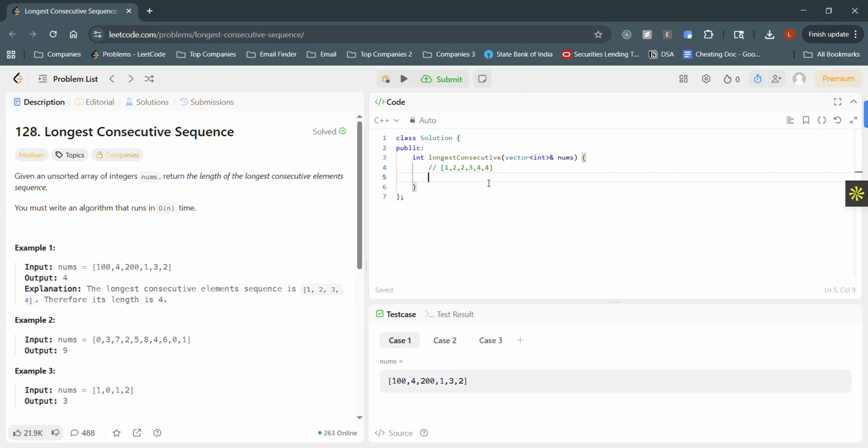So before writing the code, let's declare the variable. My max length should be my answer, and I'm initializing it with int min. And my current length, I'm just taking one element into consideration. That would be 1. Okay, so now, as I said, let's start by sorting the array. So we sort it in ascending order,